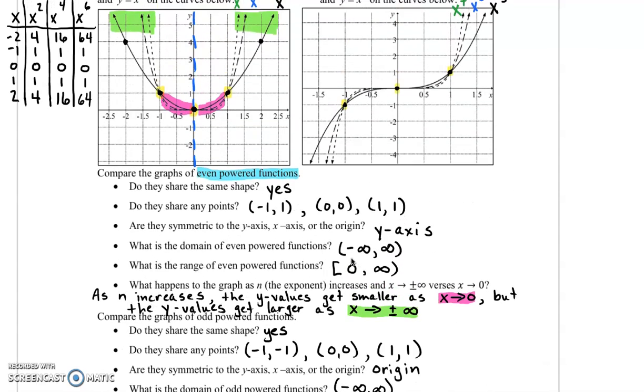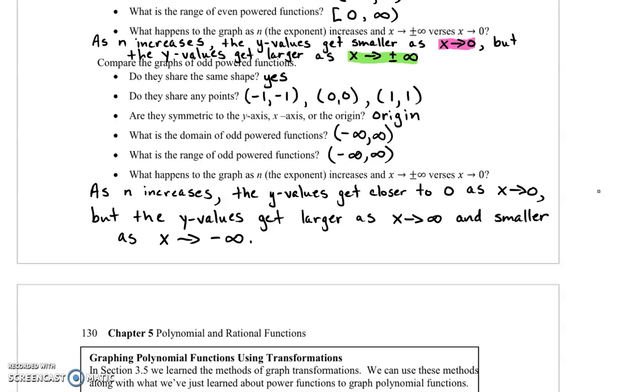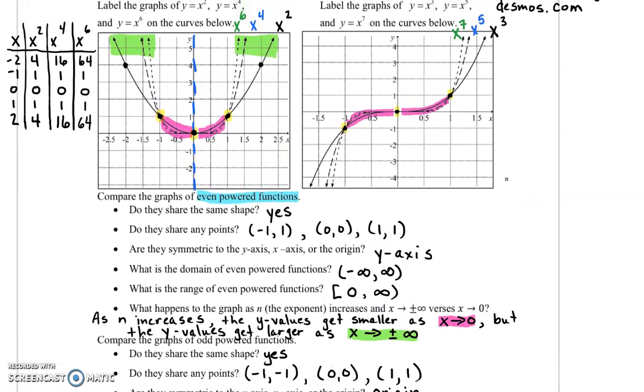So again, just to color coordinate here, this piece right in here, that's the part where x is getting close to 0. And as you can see, for the same values of x, the y's get closer to 0 as the exponent gets bigger. And then again, for the parts where we get to negative infinity,